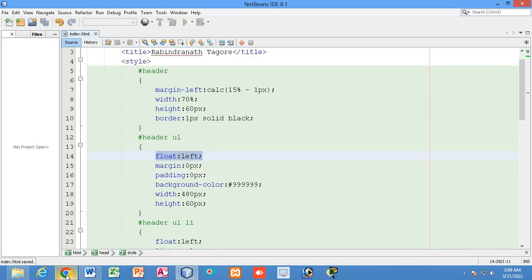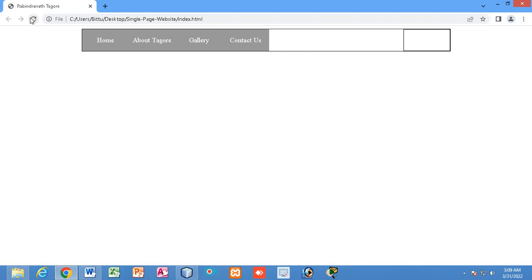You should float at the left position. So if I now go and refresh, now you can see this logo div has been fitted right side of this header, properly fitted in the exact position where I wanted it to get fitted, right?